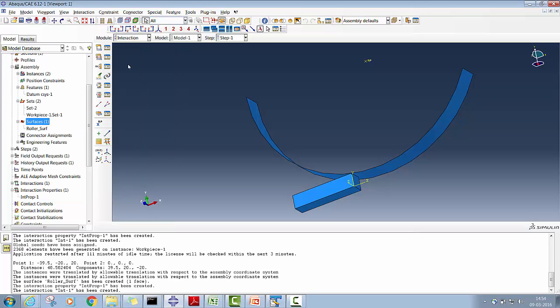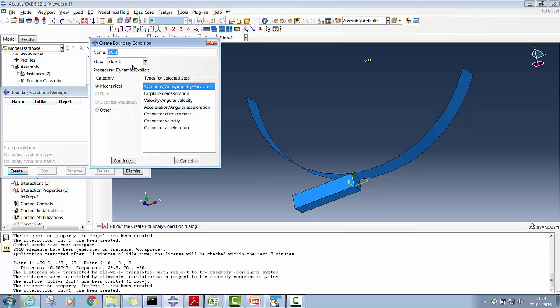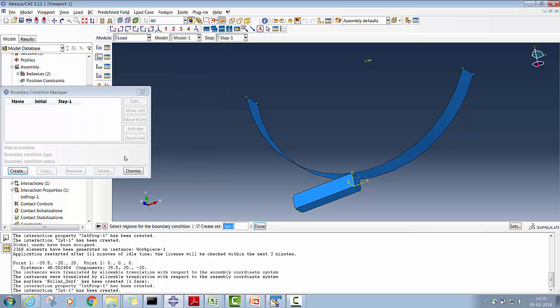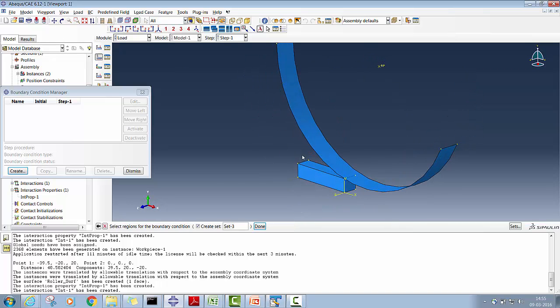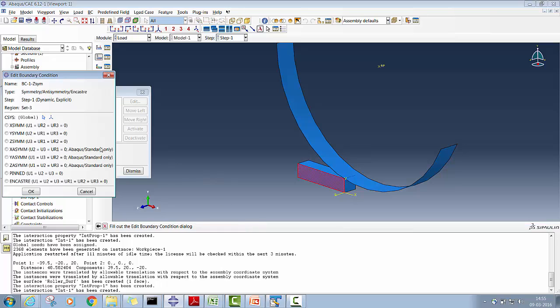So this is done. Now we'll move to the next part, that is loads and boundary condition. We'll start with the boundary condition. The first one is a symmetry. So you can say symmetry, continue, and here we'll be selecting the face. Remember, this is a quarter model. So take this face, select this face, done, and we'll be choosing the symmetric,